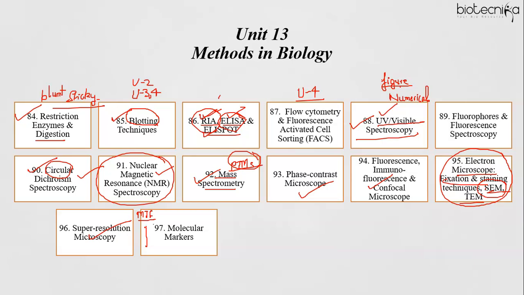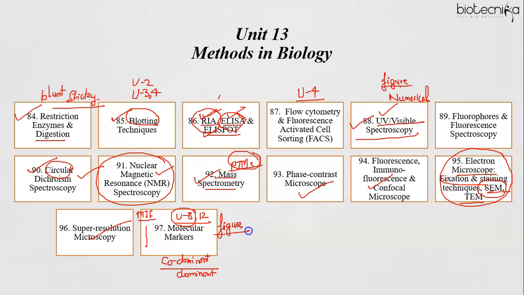Then as mentioned earlier, the molecular marker topic is very important, which is common with unit 8 and unit 12. A direct Part B question can be asked, especially on terms like which markers are codominant and which markers are dominant. So when you are studying about the markers, you should be thorough with the concept of which marker is a codominant marker and which is a dominant marker, or which can be used to identify biallelic mutation or multi-allelic mutation. And even figure based questions you can expect from here.